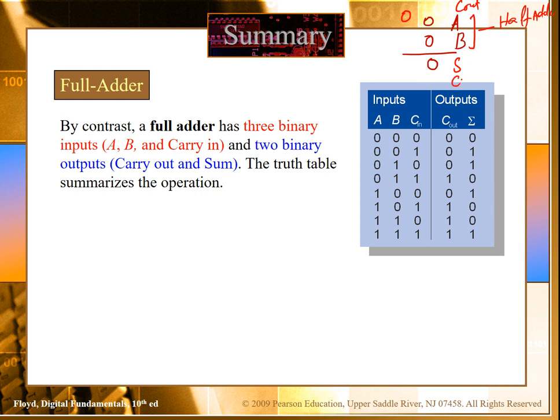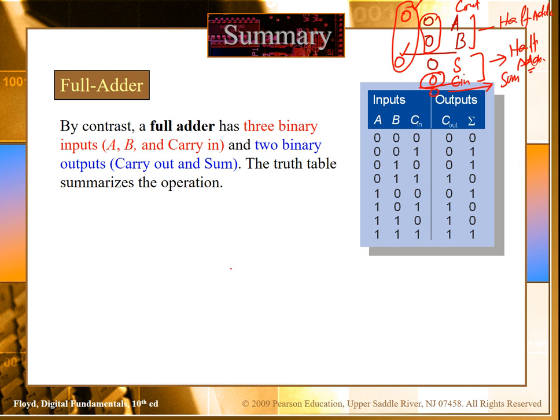Then you get a carry in, the third input. For example, let's say that is also 0. So 0 plus 0 will be 0. So that is actually your main sum. You have added 3 bits here: first A, B, and then your carry in. So you are adding 2 bits at a time. First you just add A and B using half adder. You get one sum, 0, and then you add the carry in to that sum. So basically you have another half adder here. And then this sum is 0, and you get the carry out from here also. So you get 2 carry outs. One carry out from here and one carry out from here. And then you just add them together.